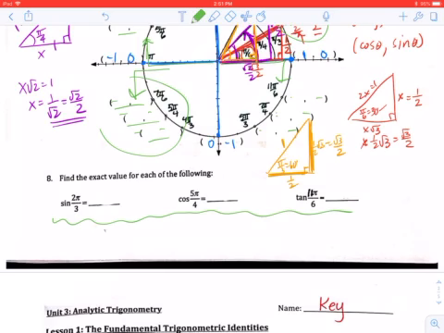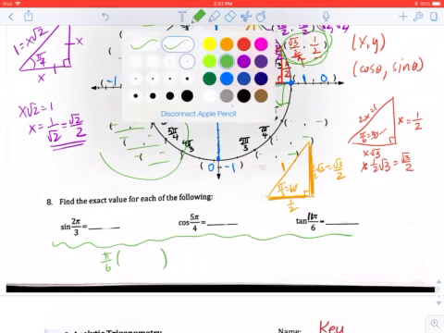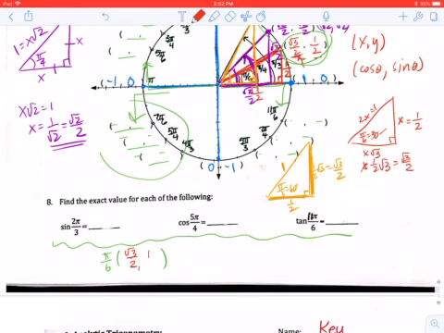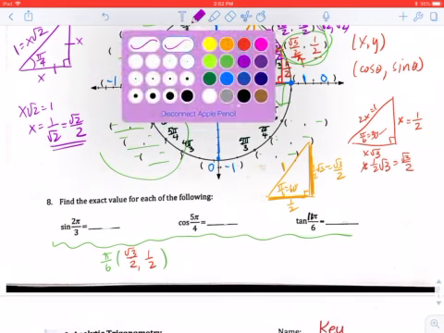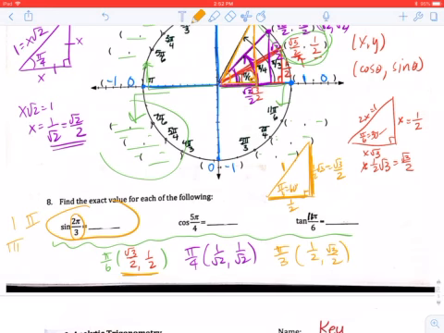So the only thing I put on my paper usually is I do my pi over 6, put the ordered pair, which we saw up here is root 3 over 2, 1/2. I put my pi over 4, which is 1 over root 2, 1 over root 2, or root 2 over 2, root 2 over 2. And then I put my pi over 3, which I know is the reverse of my pi over 6. So when I look at this question, I just say to myself, okay, this angle is in which quadrant? Is it in quadrant 1, 2, 3, or 4? Well, 2 pi over 3